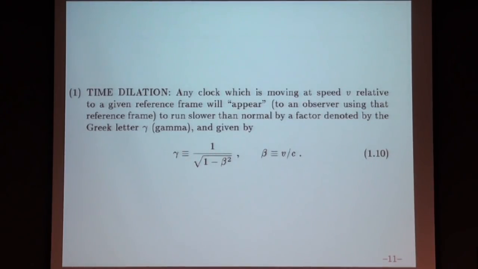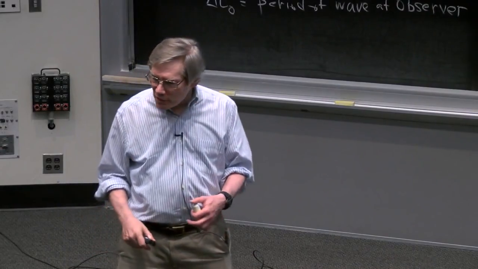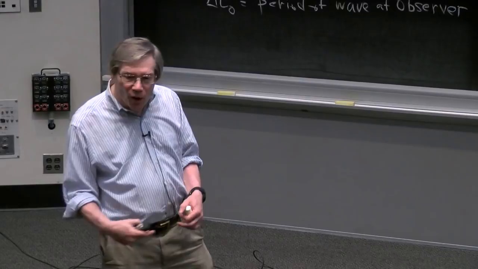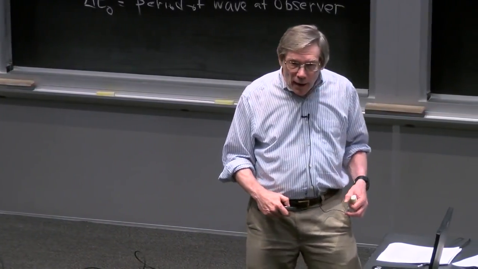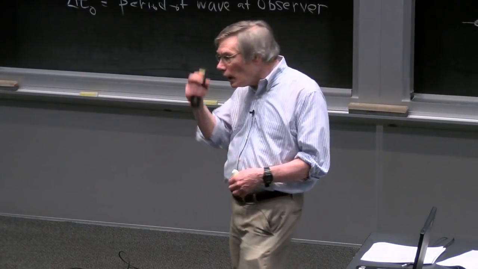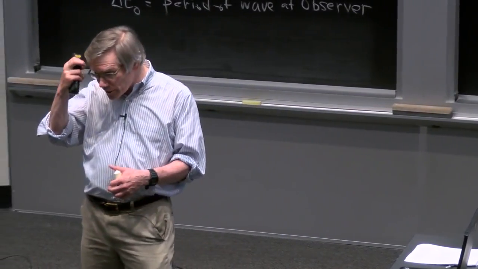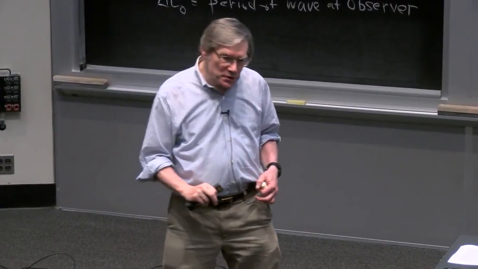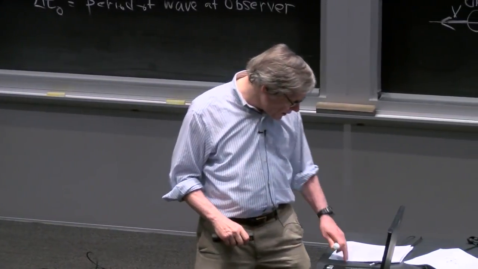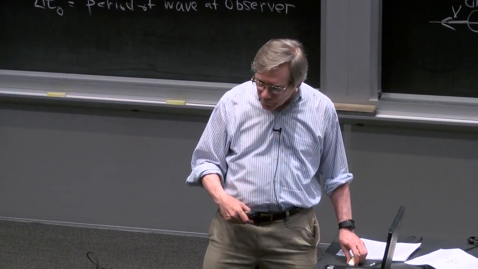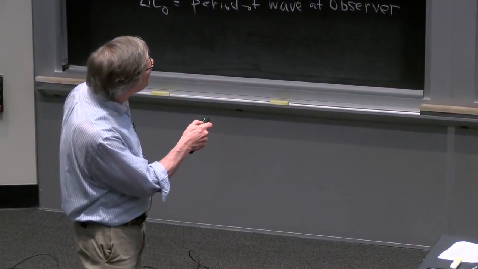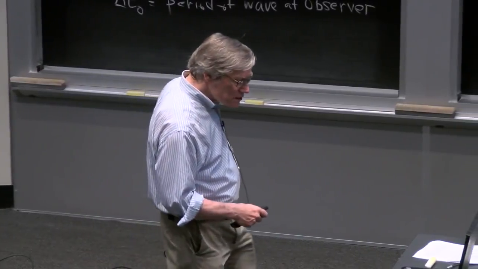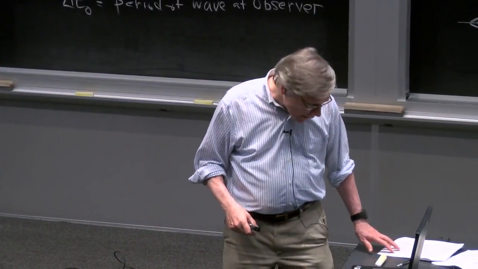So as long as v over c is small, this is a small effect, gamma is near 1, and running slowly by a factor of 1 means not running slowly at all. So if the factor is near 1, it means it's a very small effect. But moving clocks will always appear to be running slower. That's one of these 3 effects of special relativity that we will be discussing in the course of lecture notes 1. Now, let me come back to talk about this word appear, because that's a little bit subtle.